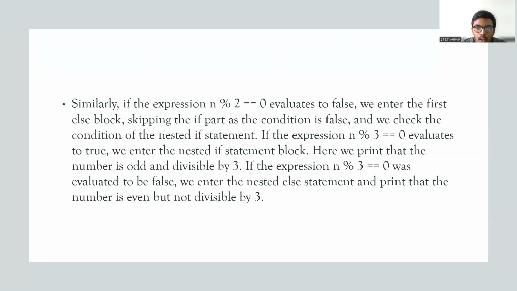If the expression n % 3 == 0 evaluates to true, we enter the nested if statement block. Here we print that the number is odd and divisible by 3. If the expression n % 3 == 0 was evaluated to be false,